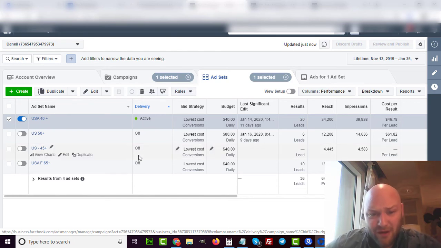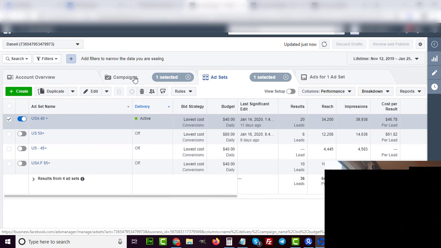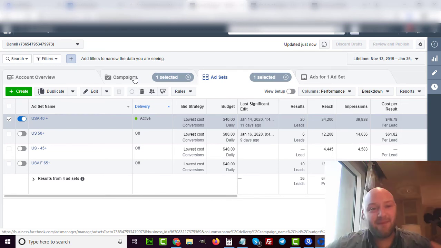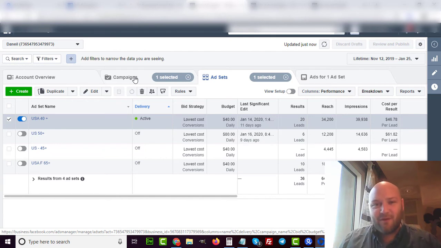However, what we learned from that case study is that you need to have a very easy converting offer if you're going to use the conversions objective. So when you set up your campaign, you have objectives. You can choose traffic, you can choose conversions, okay? I recommended we start with conversions, because with the pixel for Facebook, if you're sending your conversions into Facebook, Facebook will use that data to put your ads in front of the right people, and the more conversions Facebook receives from your tracking platforms, the more likely they're going to put your ads in front of the people that are going to convert, because they want you to spend more money, okay?